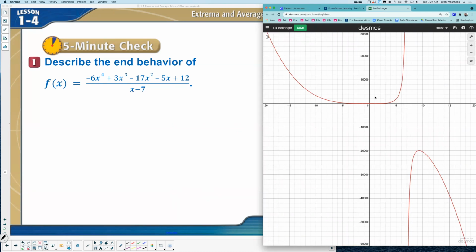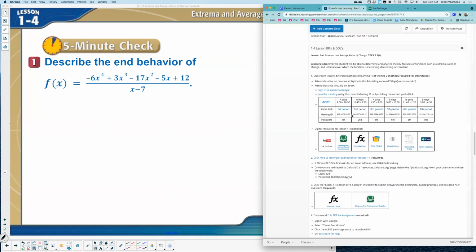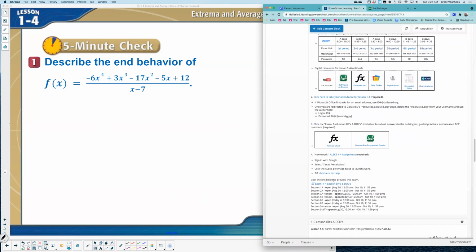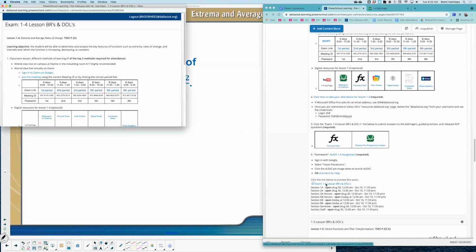Now, the bell ringers I give you are not multiple choice. I know that if you are back in 1.4 in PowerSchool Learning and open up the exam 1.4,